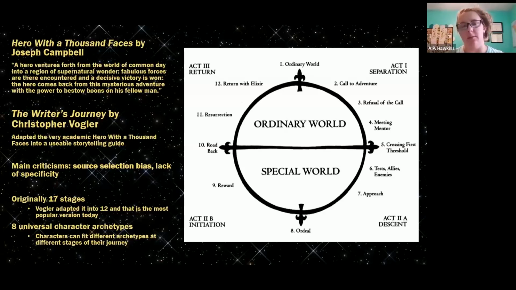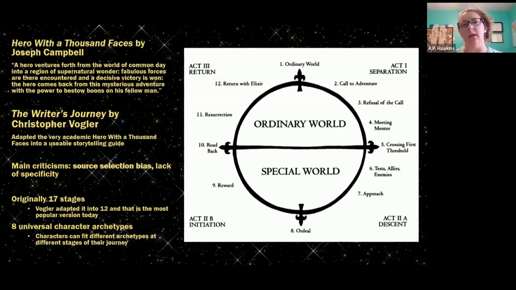So the basic idea of the hero's journey, the monomyth, is: a hero ventures forth from the world of common day into a region of supernatural wonder. Fabulous forces are there encountered, and a decisive victory is won. The hero comes back from this mysterious adventure with the power to bestow boons on his fellow man. So that's the basic